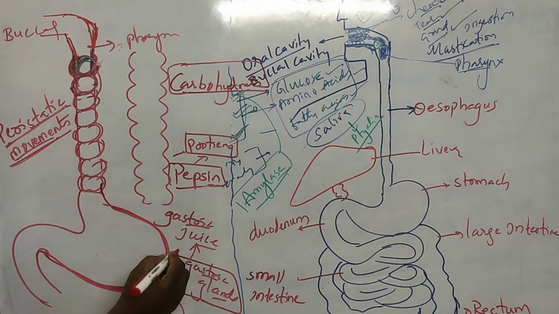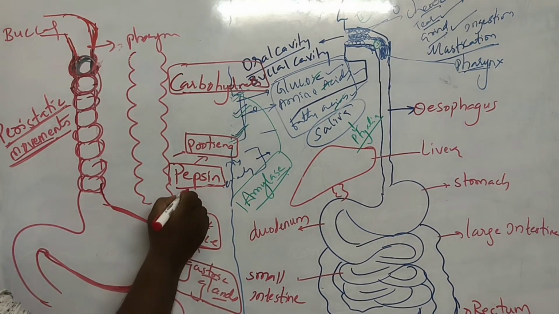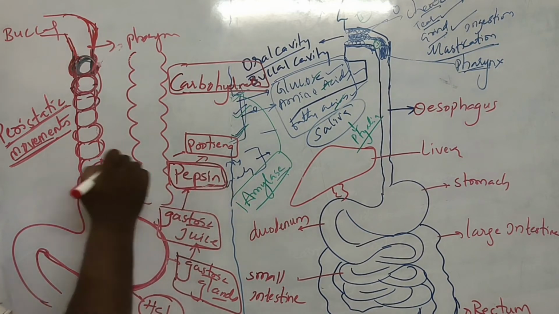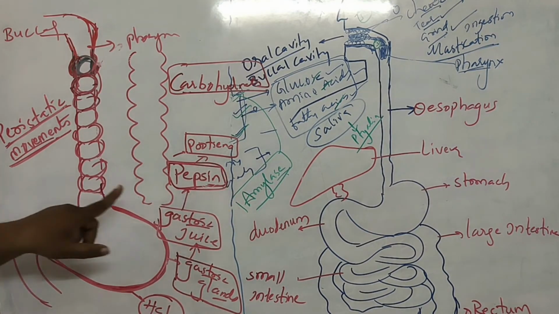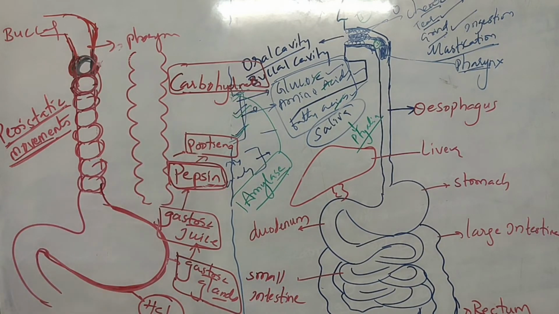Okay, they secrete gastric juice, and this gastric juice will contain an enzyme which is called pepsin. Pepsin will act on the proteins. Okay, and also it gives out the HCl. And now you may get a doubt that HCl is an acid. HCl is an acid, and how does this acid not burn the